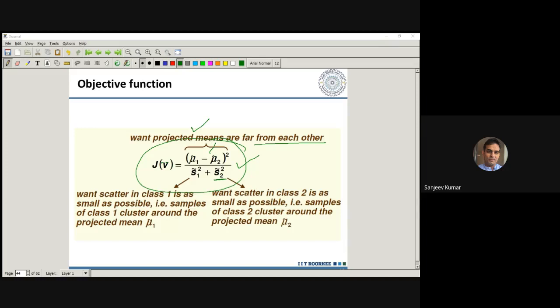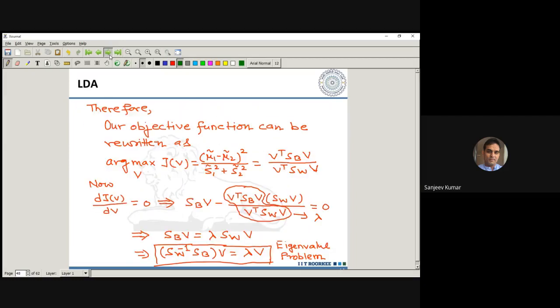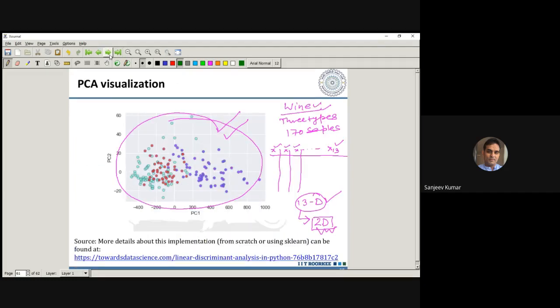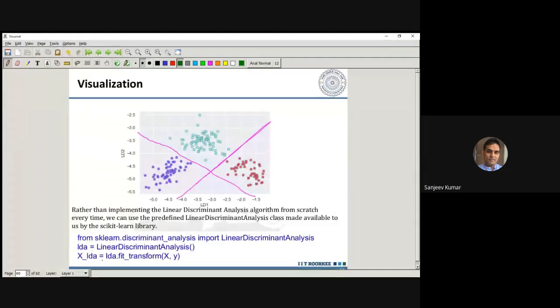If I go back to that particular thing, here itself, the same wine data set which I showed you for PCA, it was not working. You can see you are getting mixed clusters of those three classes. In case of LDA, you can see how good a result I am getting. All classes are well separated. So in that way, LDA is better than PCA, because it preserves the classification property also.